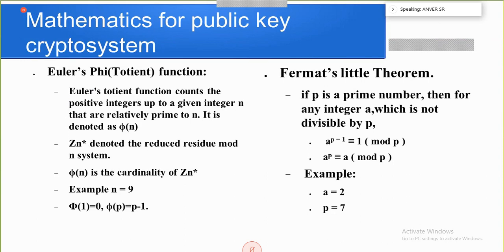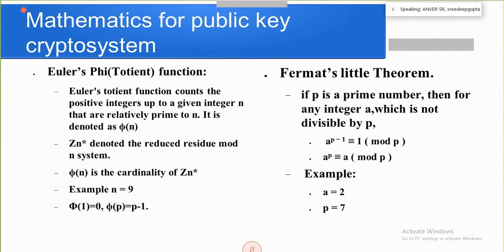Because we are moving to RSA algorithm. Sir, currently no question has been asked in this question and answer section. So I think you can continue with the class. If some questions arise, I will look into it and let you know, sir. Okay, thank you. I think we can move on with the class.